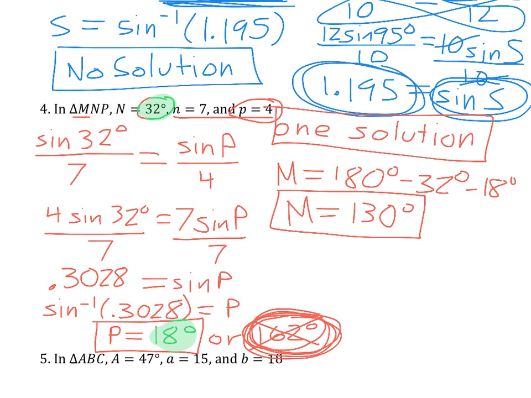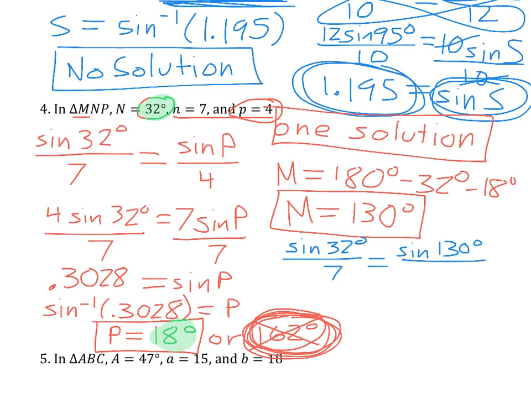Okay, so what have we not found yet? We have all three angles. We have side N, side P, but we don't have side M. So using the law of sines, let's find side M now. So let's use the same fraction as before. Sine 32 over 7 equals, now we're going to use the m's. So sine of 130